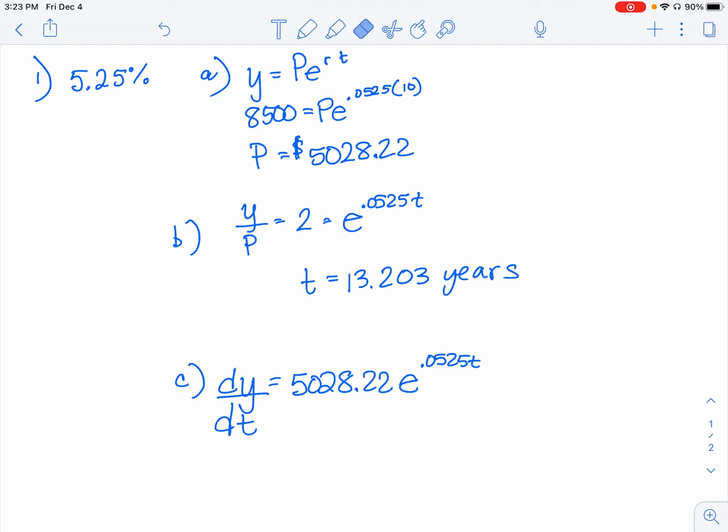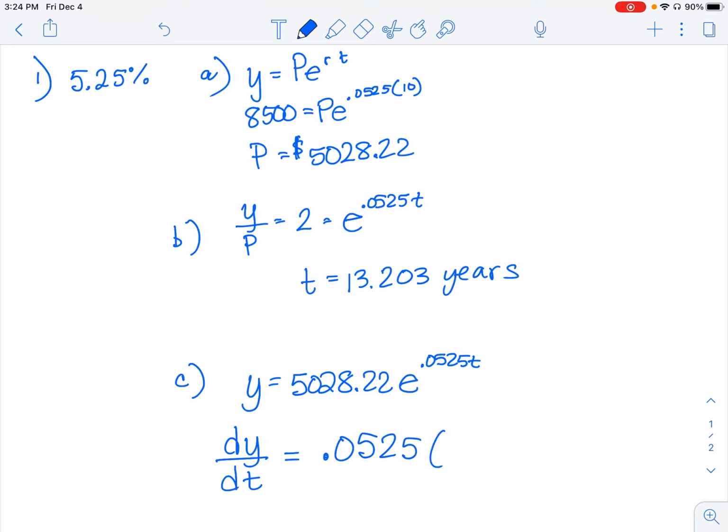Actually, that's y. So you either had to take the derivative at when it's doubled, or you know that dy/dt is equal to that